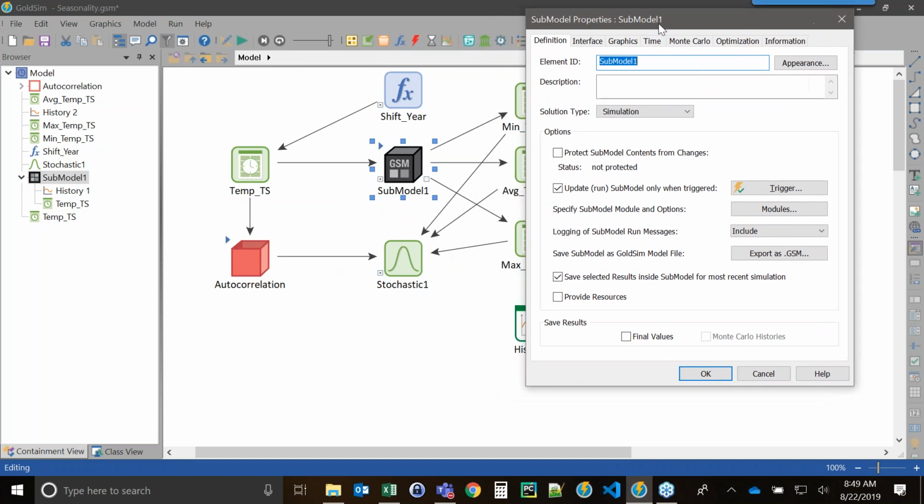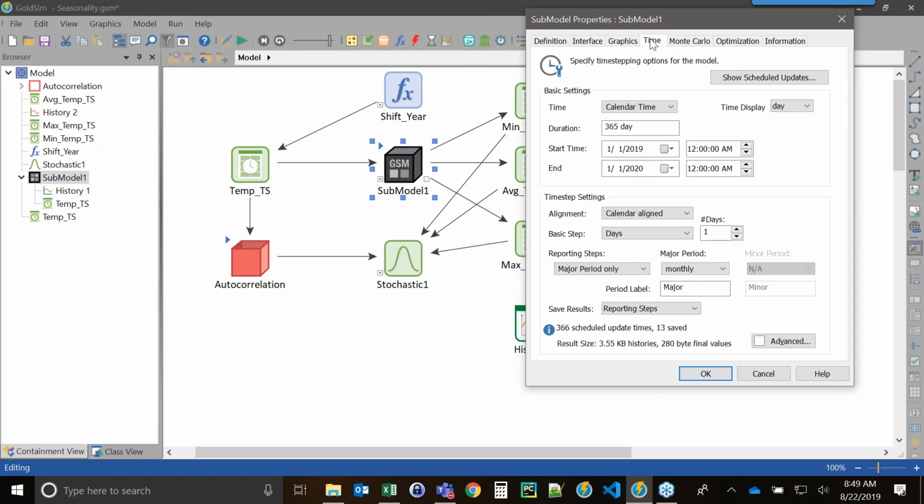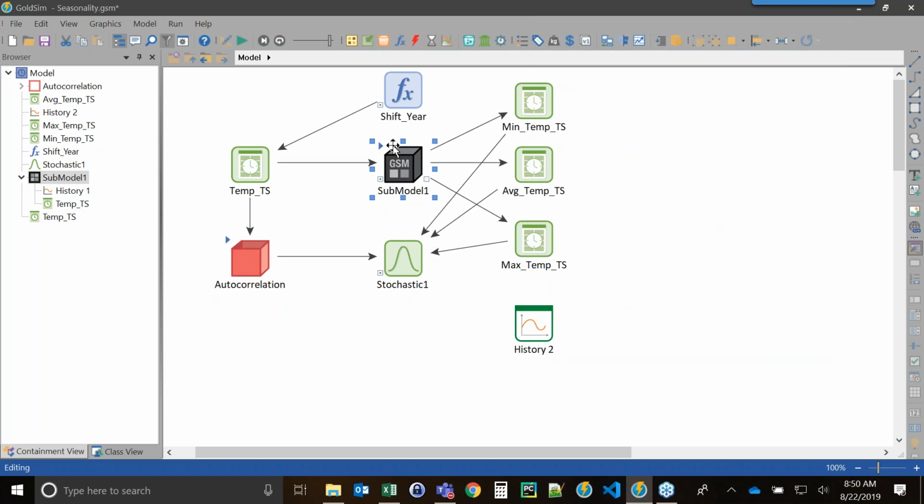If you look at the time tab on the submodel, you'll see that we are saving results for only reporting steps. And I'm only doing major period steps, which are monthly. Okay, so that means it's going to look at the monthly values of